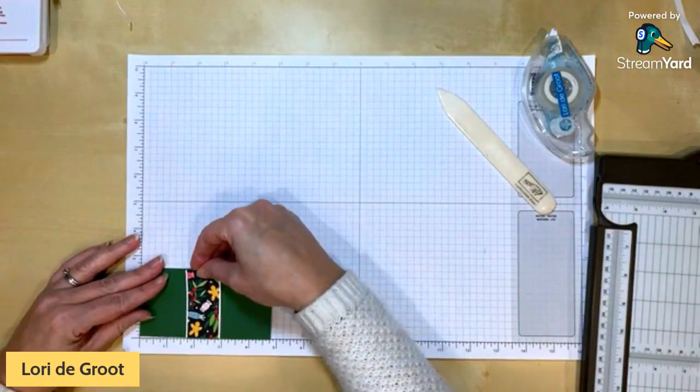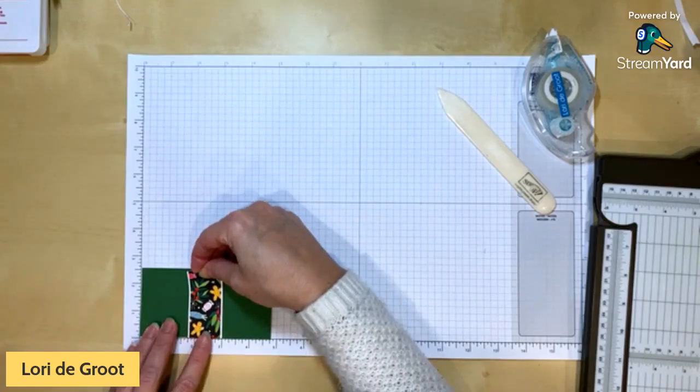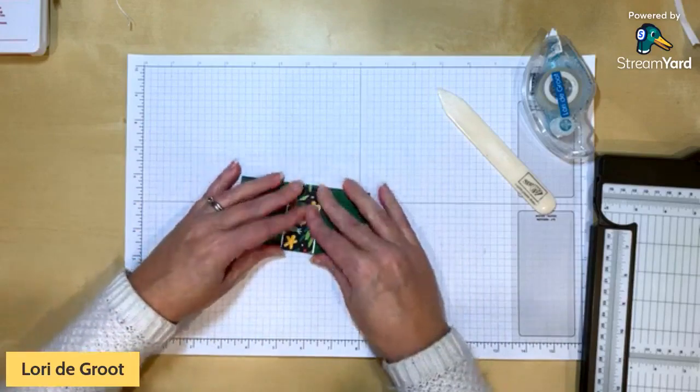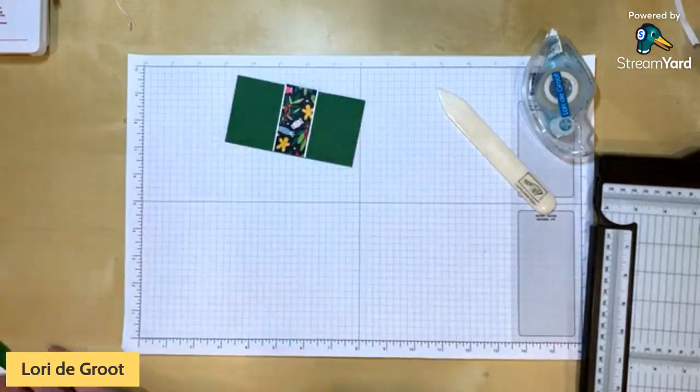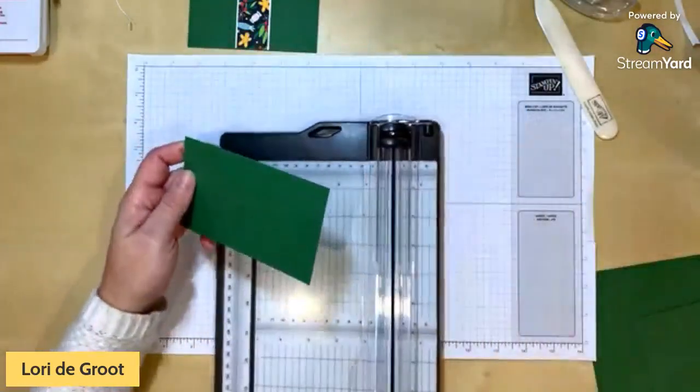Let's see if I can get that. Don't really want to measure it out. Okay, so we just want to center that like so. That looks good. And then we're going to build the top. So hopefully I do this one right. So this one is